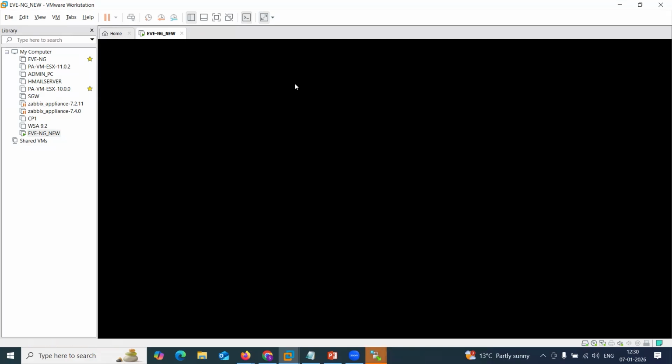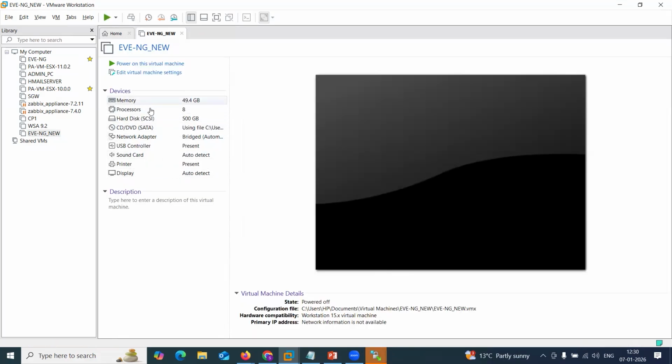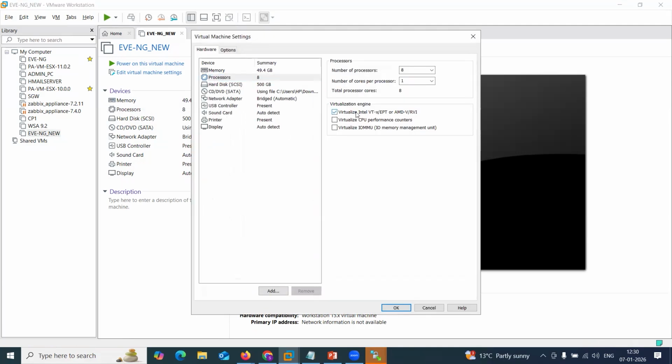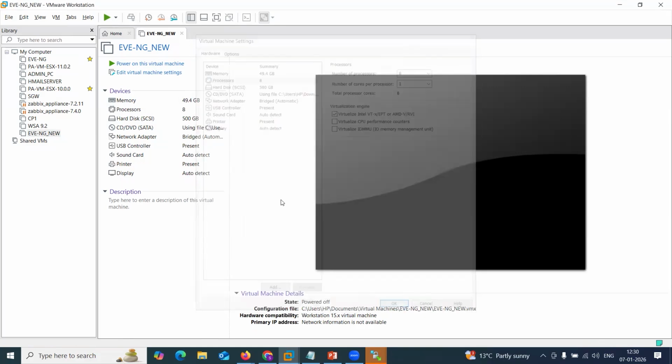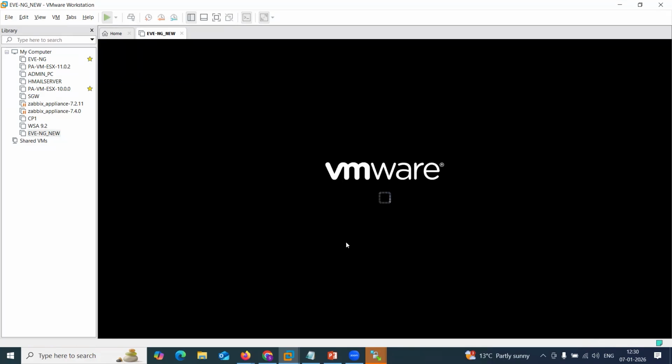Once it is done, go to settings, go to processors. Inside the processor, you might see that Virtualize Intel VT, virtualization technology, is not enabled. So I'll click on enable and power it on.